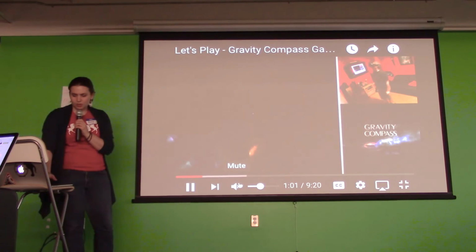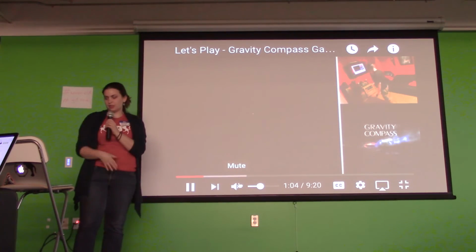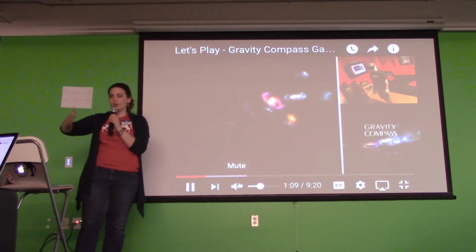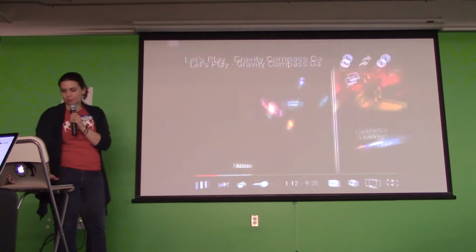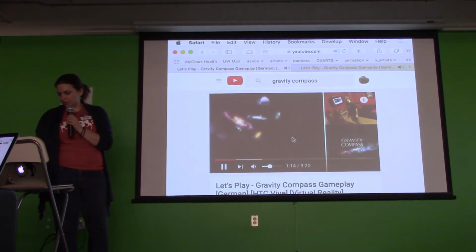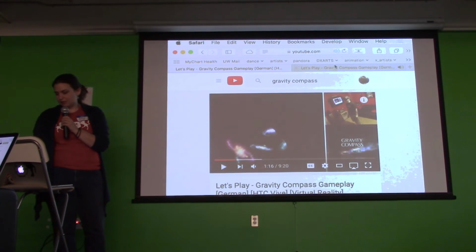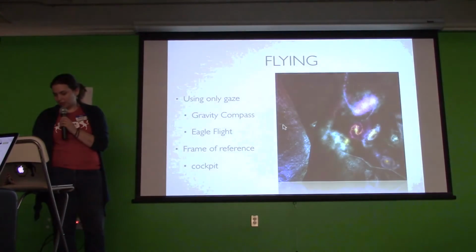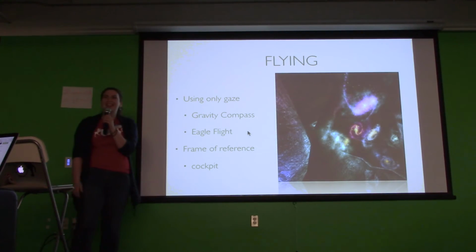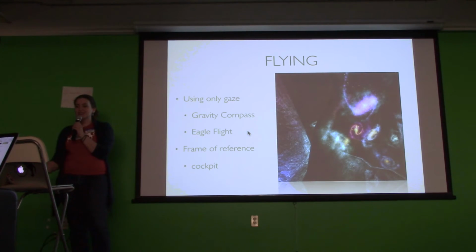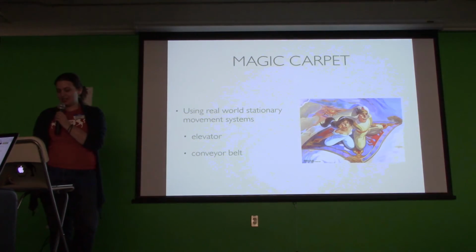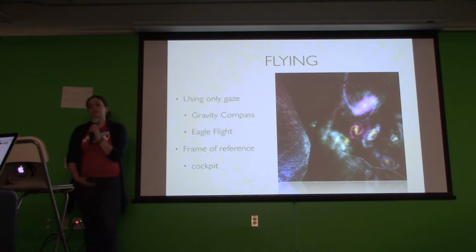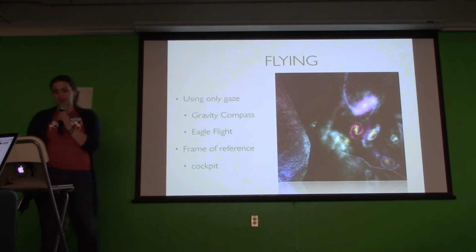So it's very slow. That's one that helps, but there's also this super speed where you go in a straight line faster, and that also helps you not get disoriented. So the big reason I mention that is it's one of those situations where you don't think it'll work, or maybe someone doesn't think it'll work, and then you try it anyway, and then it turns out to be pretty successful. And then one way you can get around any kind of sim sickness flying is using a cockpit, like Eve.